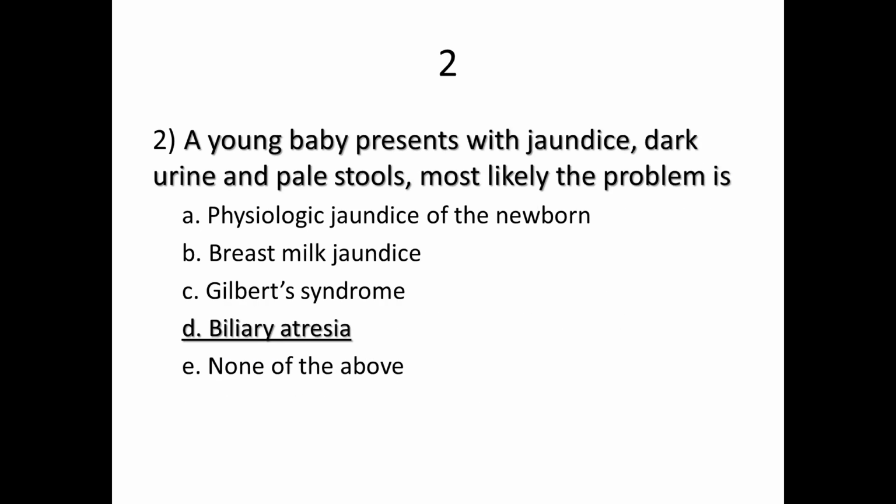Then a young baby presents with jaundice, dark urine, pale stools. Most likely the problem is biliary atresia. What I thought, all this, is because when we take their exams during urine examination, I try to ask them in which conditions of jaundice you get bilirubin in urine and how will you differentiate. Most of the time I see them confused,